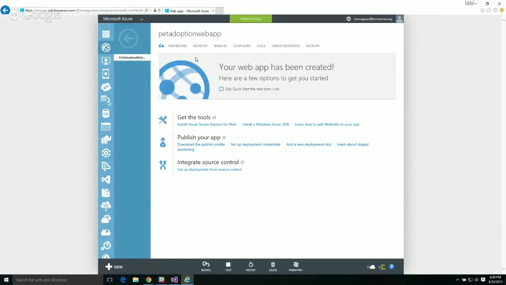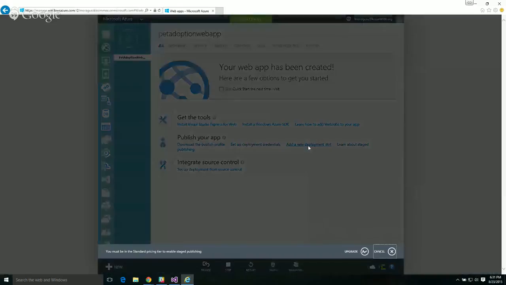We are going to see if we can configure this so that when we push our code to Git, it will automatically publish. We'll want to set up a staging target and all that. So if we go about halfway down the page, it says publish your app. We're going to go to add a new deployment slot. And what we're doing here is we're going to make, instead of just having nothing,